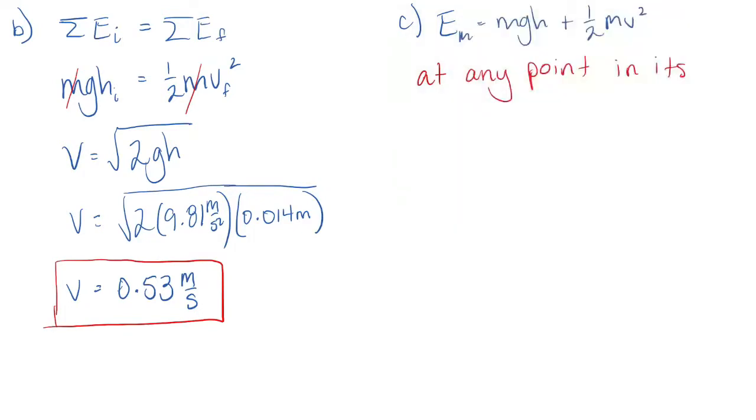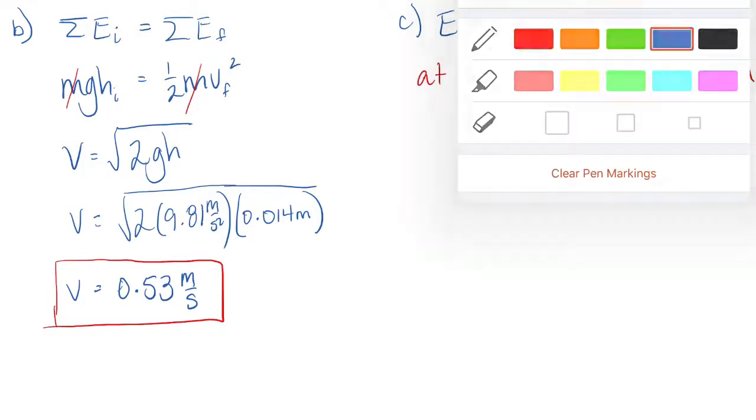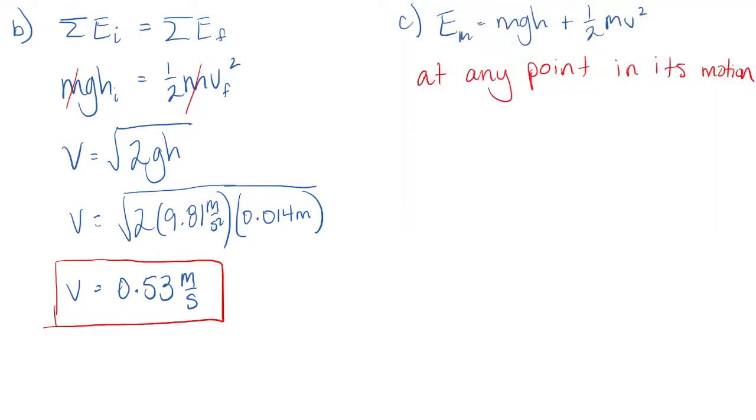So what would be a smart point to choose? I would say there's 2 points which would be the smartest. I'd say at either its lowest point or its highest point. Why? Because at its lowest point, what's the only kind of energy it has? Total energy or mechanical energy is equal to, here's when it has maximum kinetic, but does it have any gravitational potential? No, because h is 0. Okay, so I'd either choose the lowest point, or, this is obviously exaggerated, I would choose the highest point, because